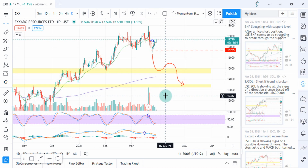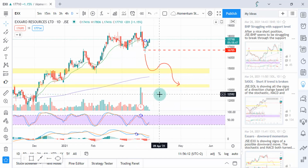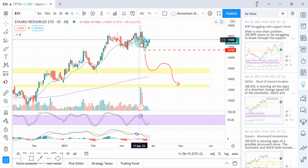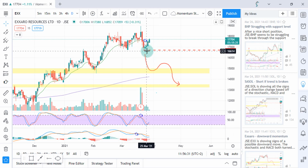Okay, so the next one we're going to have a look at is Exaro Resources. Similarly to what happened on CECIL, we alerted a short position based off of these three things, which is the exponential moving averages crossing downwards over there, and the stochastic crossing downwards through the 80 over there, as well as the MACD crossing downwards over there. We alerted this level over here, which is around 167